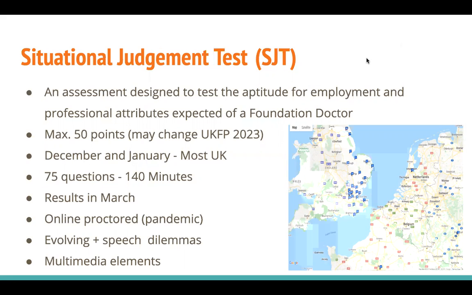I think there's maybe 3 outside of the UK, like Paris, Germany, Amsterdam, but I guess just stay in the UK. It's going to be electronic. There'll be 75 questions. Last year it was 70, so a bit unfair, but yeah, I digress. So that will be 140 minutes. You'll get the results in March, the same time as you'll get allocated to your deanery. I don't know if it will continue, but this year they've allowed it to be online as well,